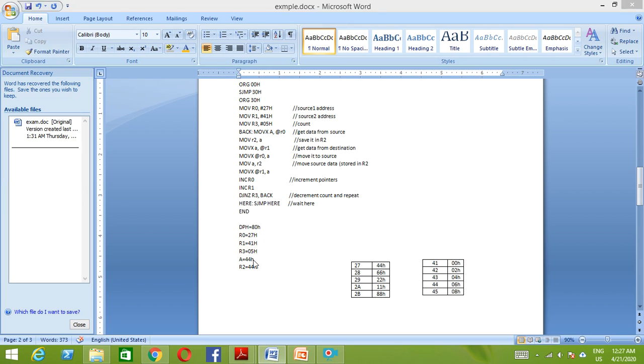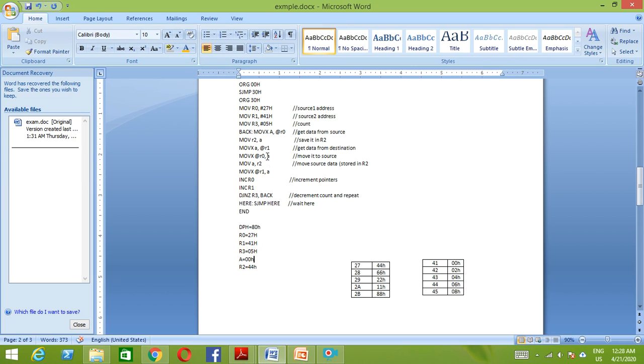Here you can see the content at 41H is 00H, so I just have to change this, and it is going to be 00H, right? After the execution of this instruction, the accumulator content has changed. Then MOVX @R0, A, and the accumulator content is 00H.